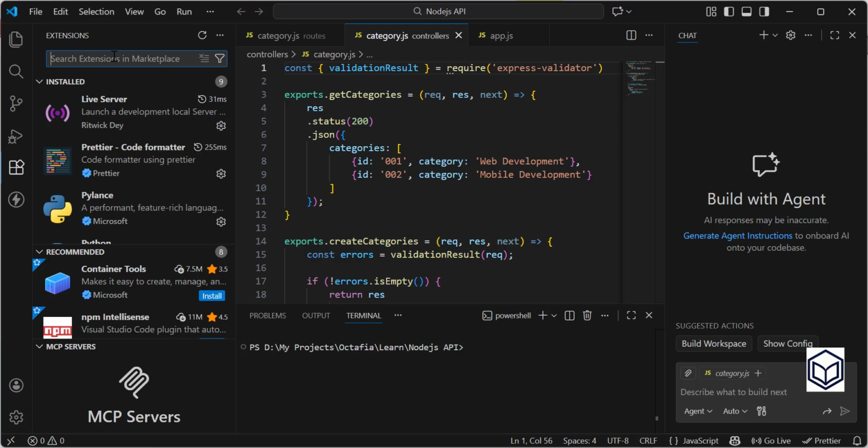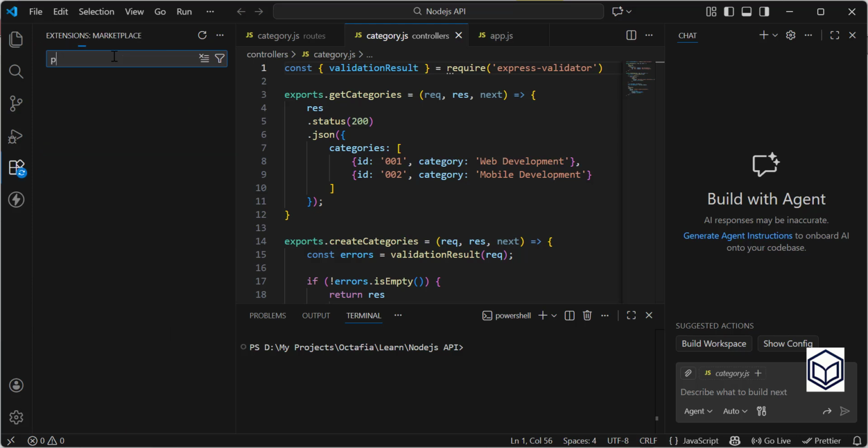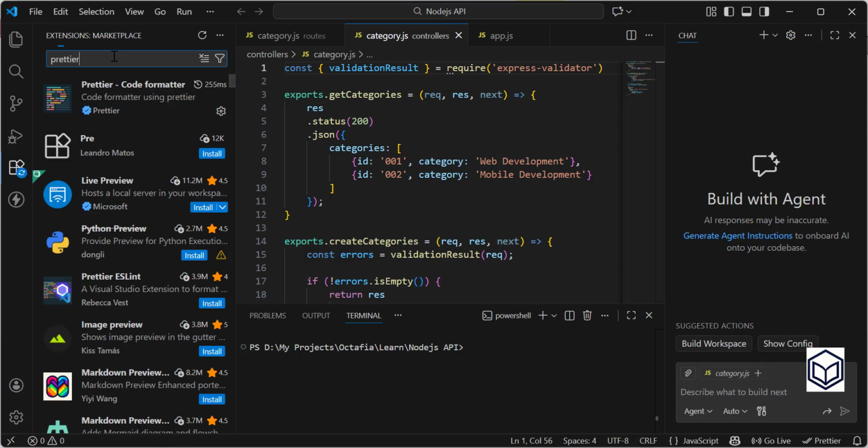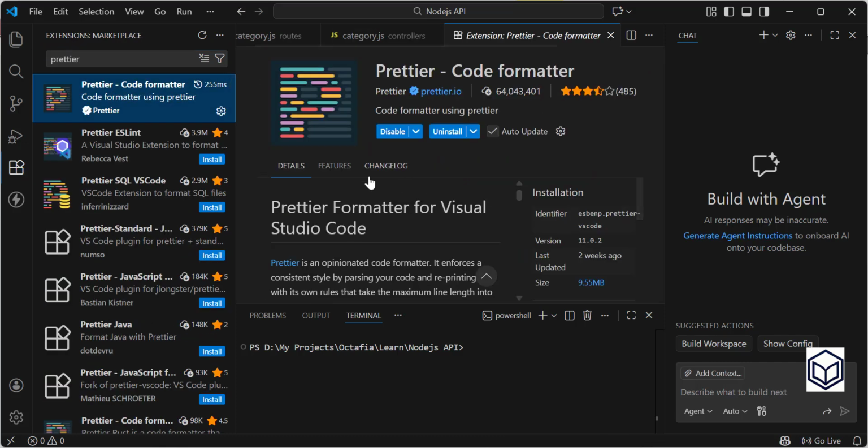You can search for Vue like this, press the install button, and install the Vue plugin.